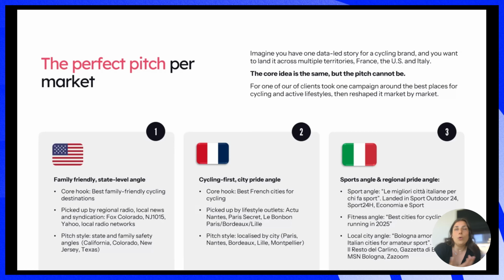So in all, if we were to pitch the family-friendly angle in Italy, it wouldn't work, mostly because it wasn't timed well. There were no school holidays when we pitched it, and it also wouldn't resonate in cities that don't really have good infrastructure for roads and cyclists. They're not known for amateurs traveling there to go through the cycling routes in the area.